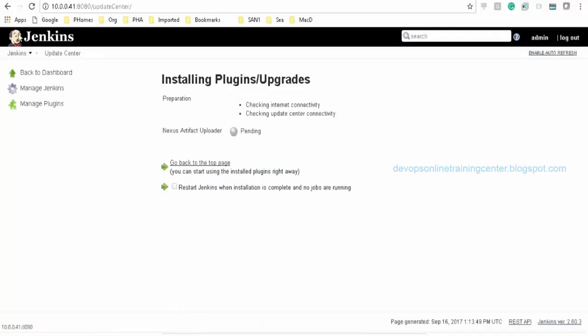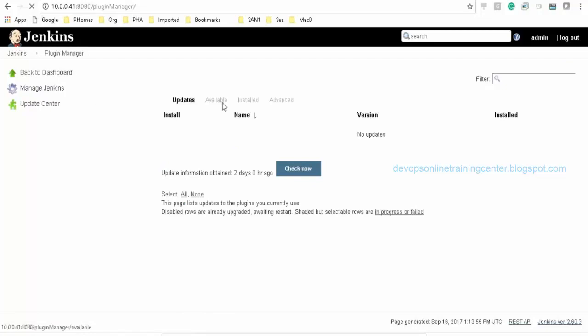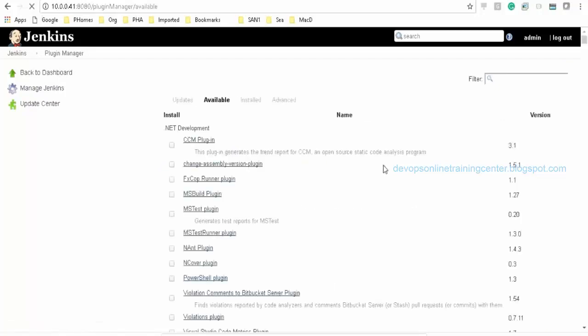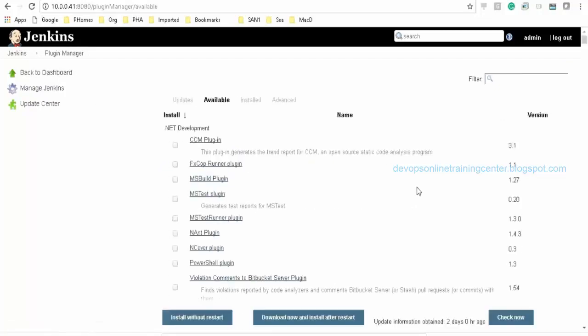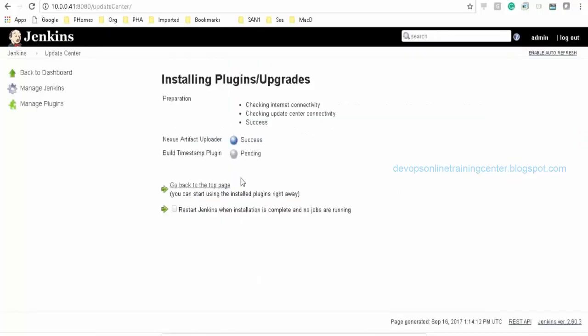Other than that, I also need to install something, because I want to use timestamp as a variable. I want to create a directory with a timestamp, and then use it inside the job. So I'll use the Build Timestamp plugin.